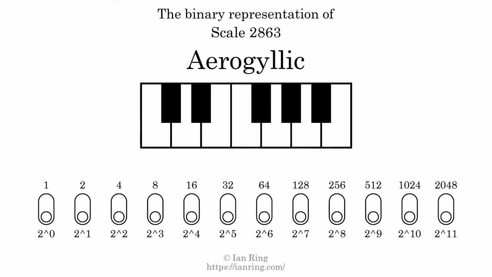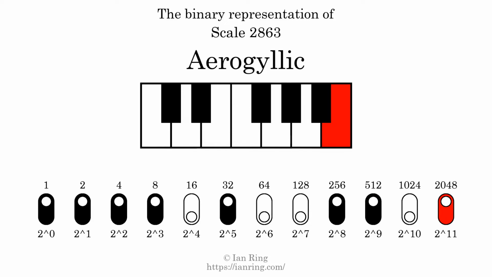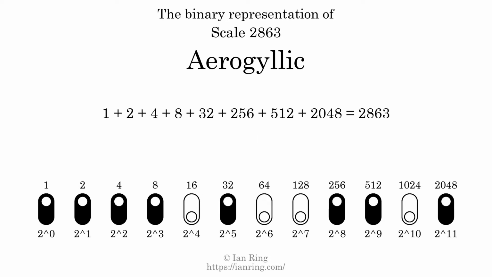The binary representation of this scale is determined by mapping tones of the scale to binary digits. Each binary digit represents a power of 2. To get the scale number, we add the powers of 2 together. The powers of 2 that are present in the scale, all added together, equals 2863. That is why the scale number, in decimal, is